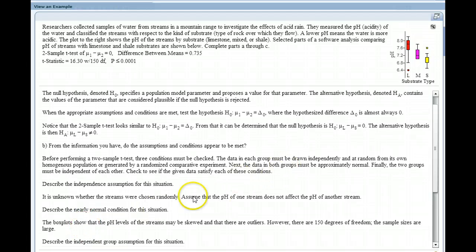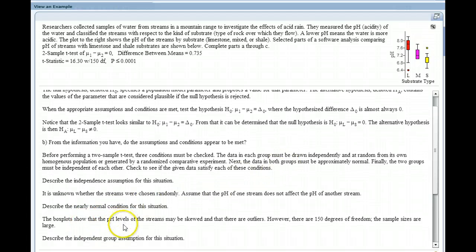The box plots that were given, there is some skewness to the box plot. You can see that the lower portion from the mean is longer than the upper portion, so that suggests that there is skewness. Now, the bigger concern is the outliers that are here and here, but generally speaking, with 150 degrees of